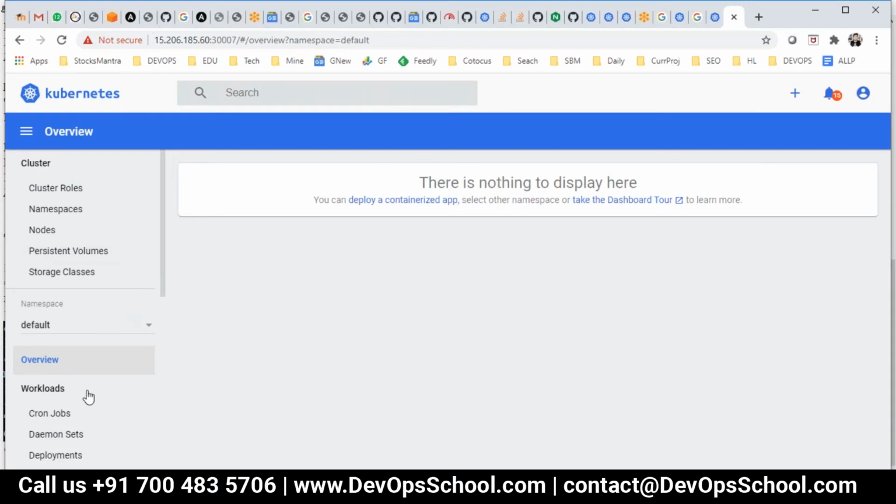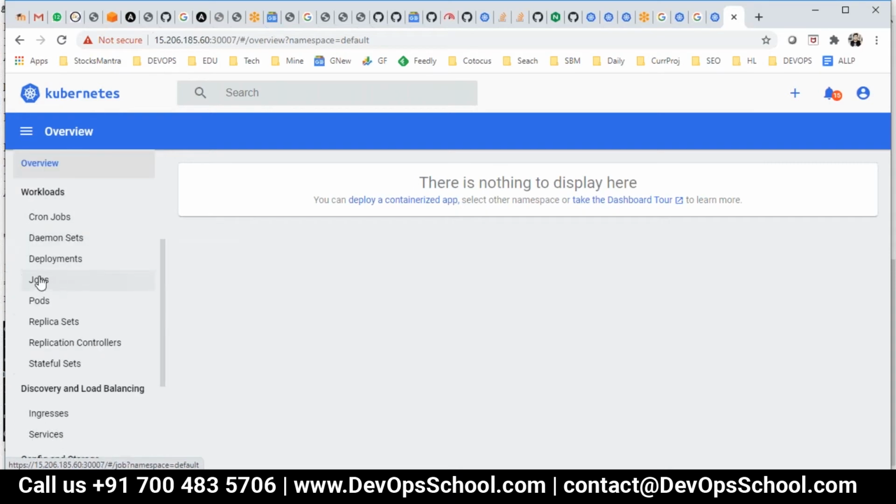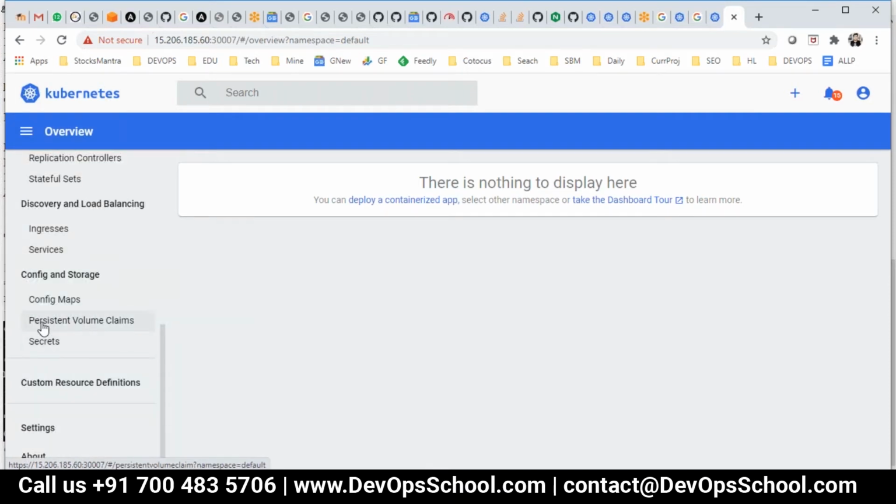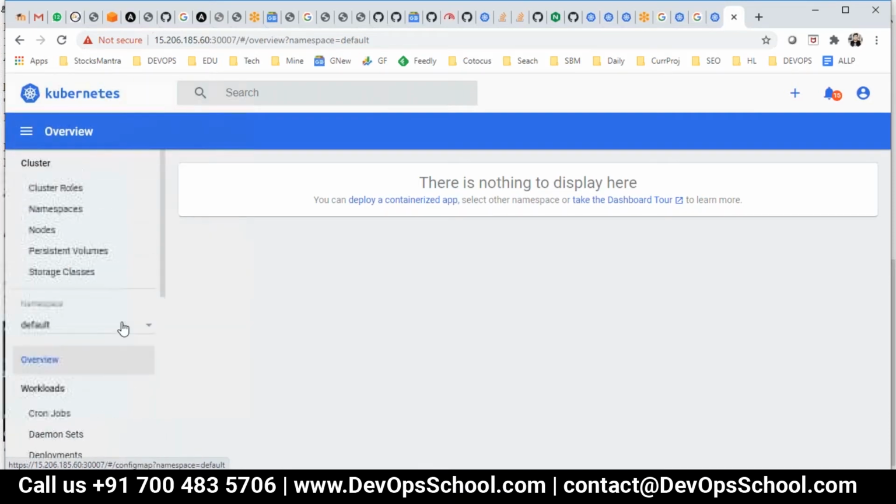Now I think you have to get comfortable with it, out of which you know namespace, node, persistent volume, storage class. These are the things you know. Cluster role, you know that. All these things you learned. Here you know deployments, you know pods, you know replication controller, right? Some of the things like a daemon set are similar, but have a certain advantage. It's called workload. Ingress, I talked about it. Services, I talked about it. Secrets, I talked about it. PVC, I talked about it. So that's all. Does that answer your question?